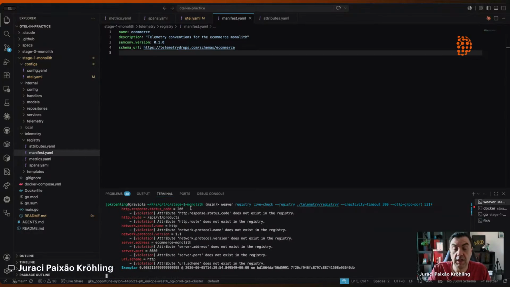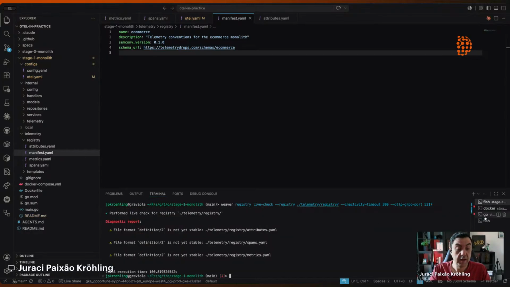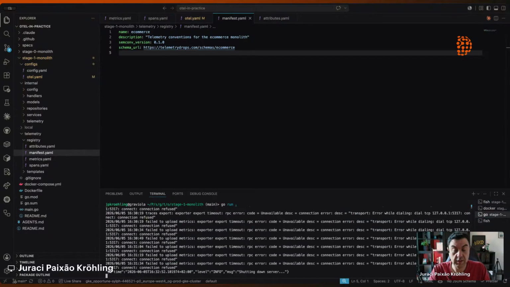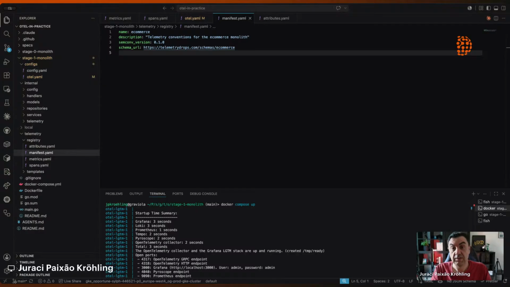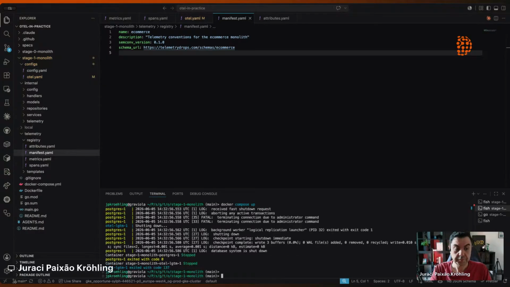So you can have the live check running in your staging, or you can have the live check running during the tests in your CI/CD as well. So in your CI, you could be running the live check while the tests run for your application, and your SDK would be configured to send data to the live check endpoint, and the live check would generate the violations for you. And let me go back to you so I can look at you and